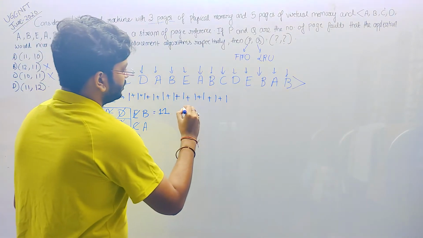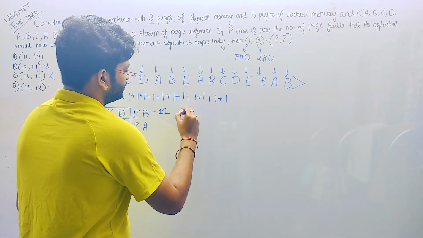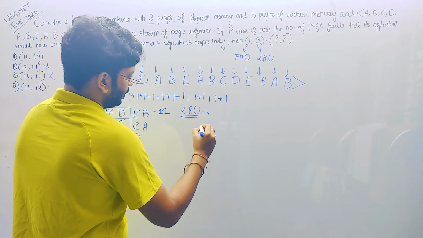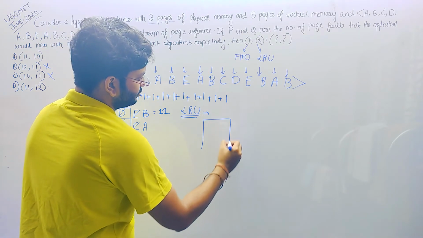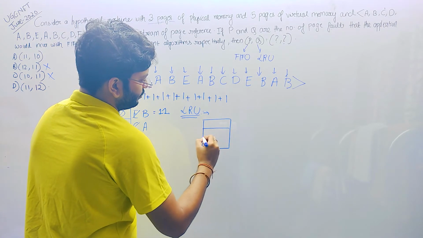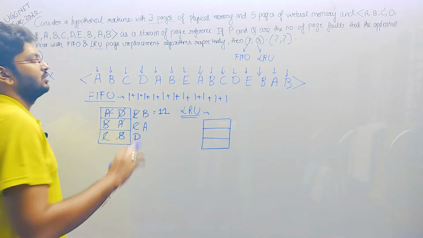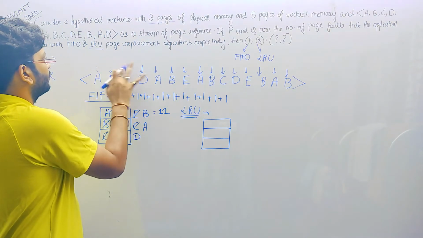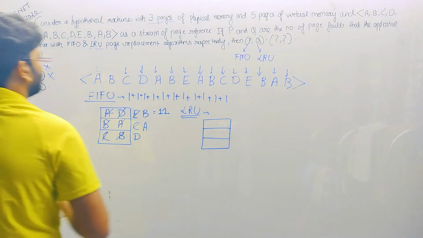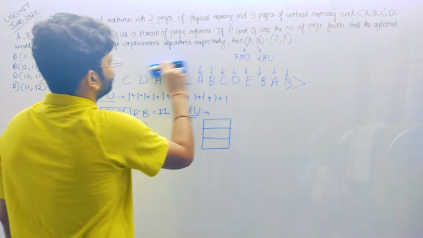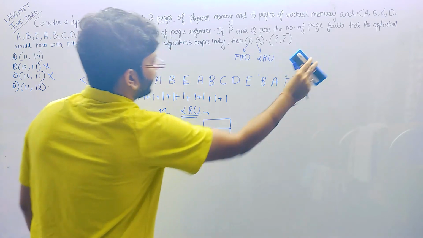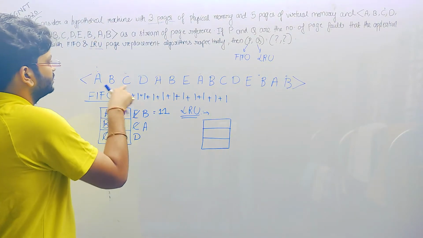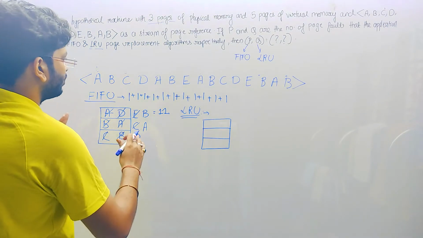Now I am taking the case of least recently used. Now I am going for the case of LRU. Okay, so I am drawing the table here. We will be again going through this page reference only. So for reference, I am wiping it out, so it would be easier to keep track. So again, first A, B, C. I am going a bit faster since we have understood the concept here.